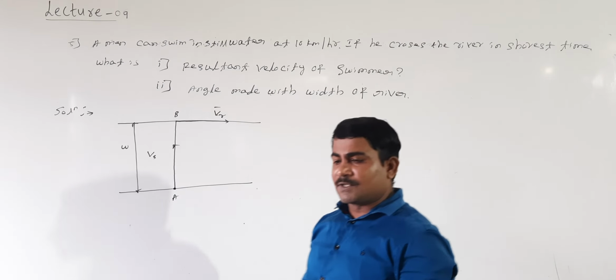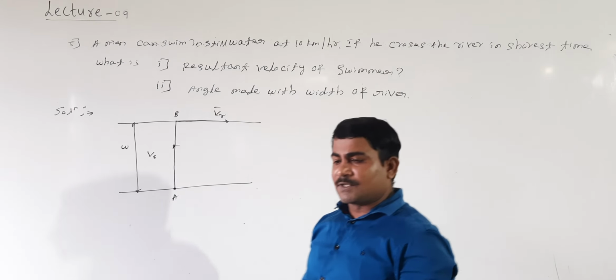What is the shortest time we can reach? We can reach in the shortest time in this direction. This is nothing but the resultant velocity. It is the given diagram in the numerical: the swimmer can go from point A to point B. The river is flowing in this direction, at this speed. Vs is given in the numerical as 10 km per hour. See here, what we need is the resultant velocity of the swimmer.